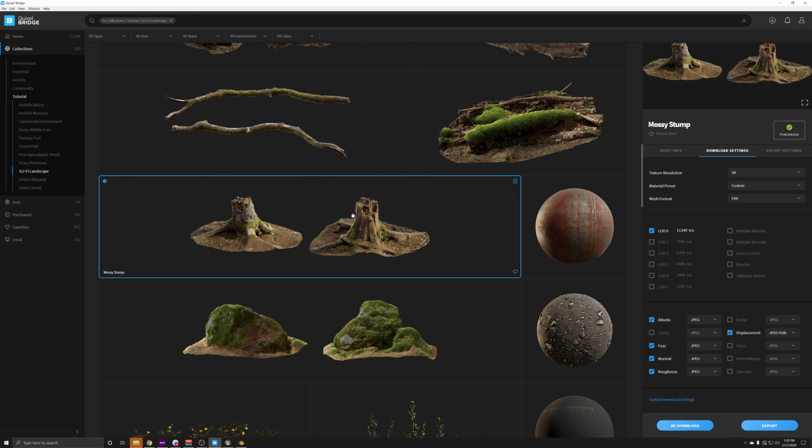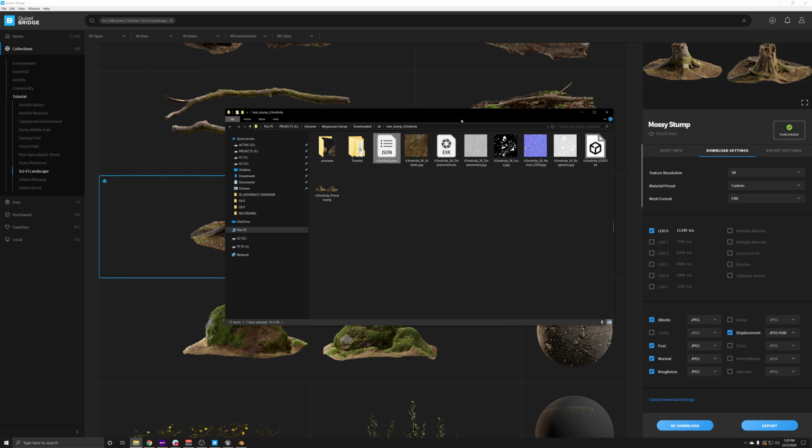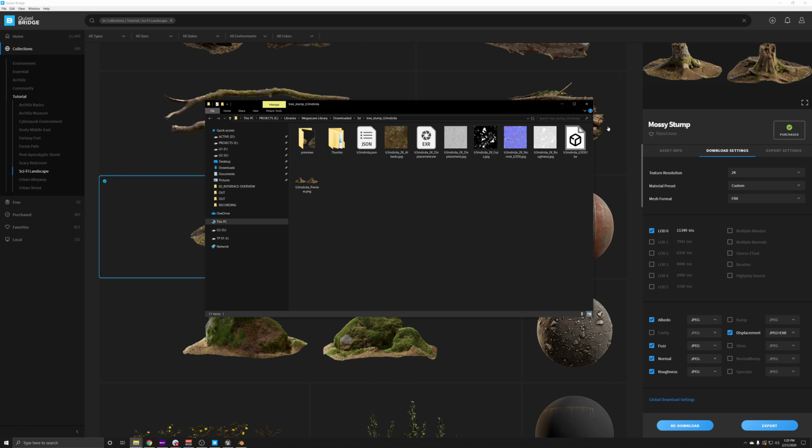We could also do this by right-clicking on the tile and selecting Go to Files. It did do it. I just have my window hidden. There we go. So you can go straight to where the asset is in your local library really quickly. And if you wanted to update the mesh from here, you can do that, and it should update dynamically. Otherwise, you'd have to re-import it back.